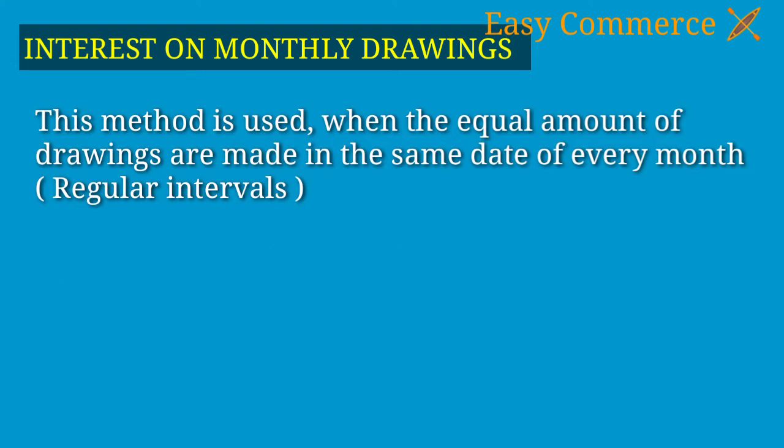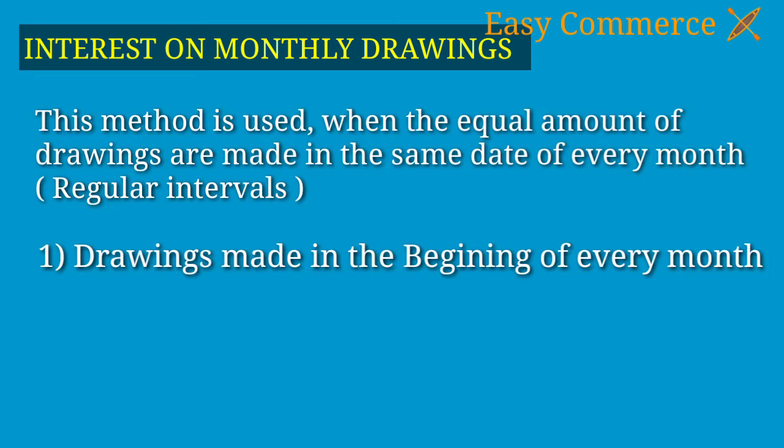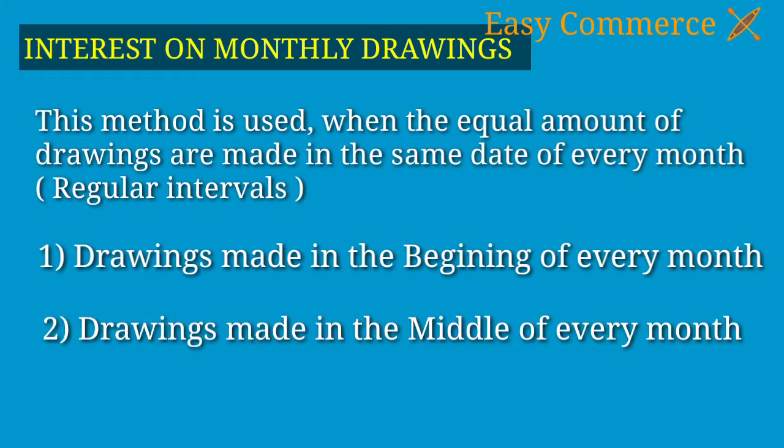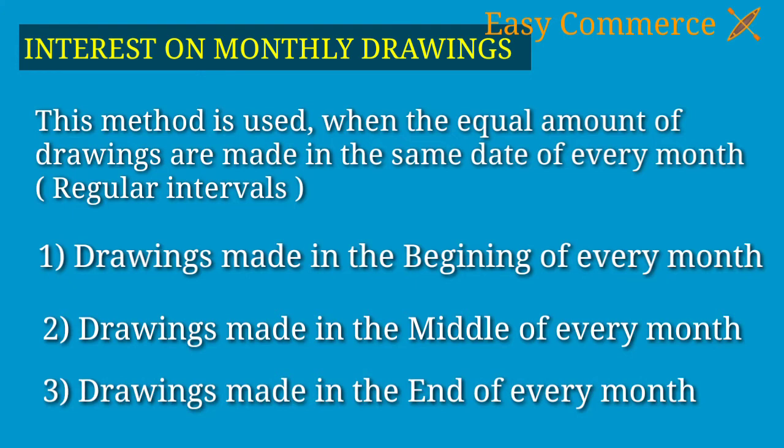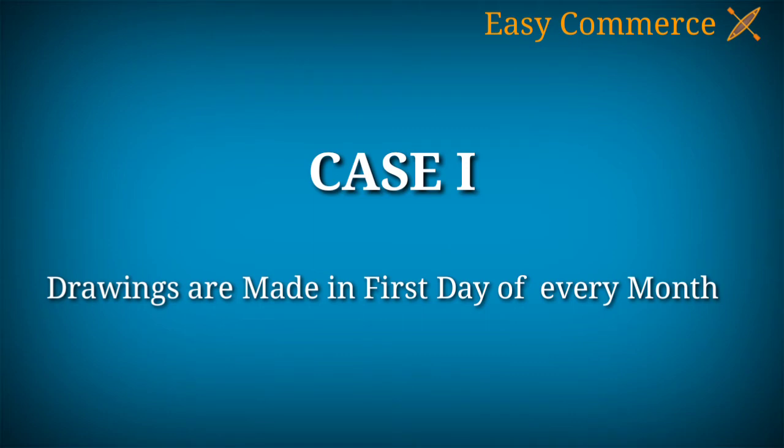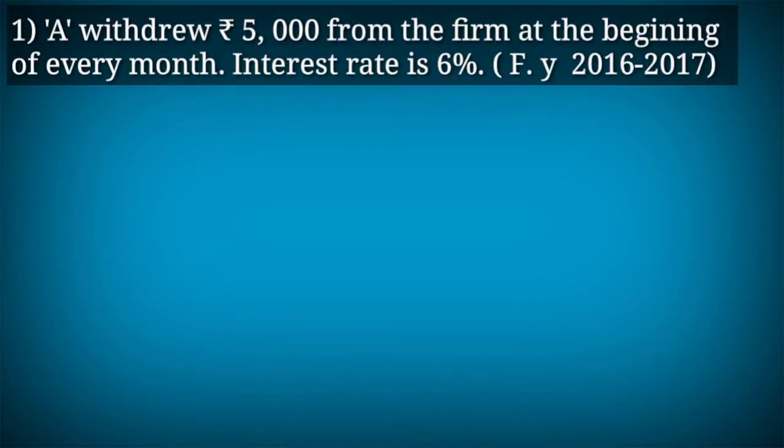There are three cases. First case is drawings made in the beginning of every month. Second one, drawings made in the middle of every month. And third one is drawings made in the end of every month. These three cases we can explain with examples. This is the first case, when drawings are made on the first day of every month or beginning of every month. Here, A withdraws rupees 5,000 from the firm at the beginning of every month and interest rate is 6%. The financial year is